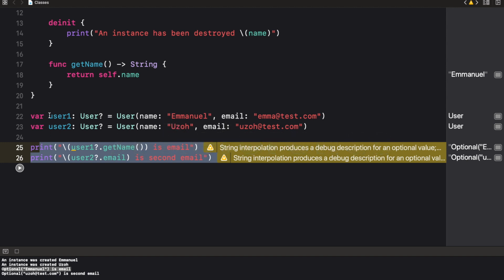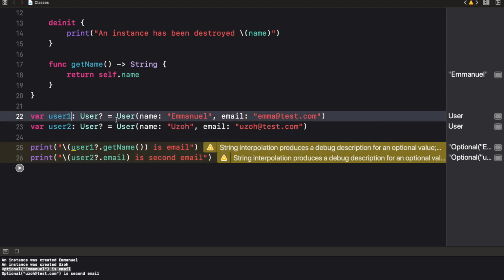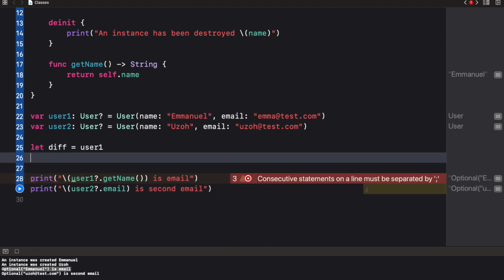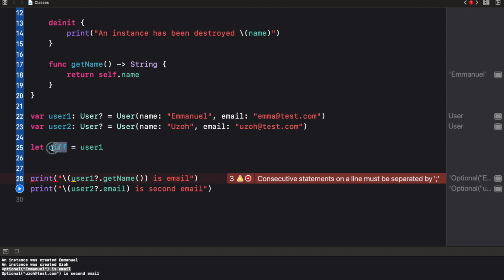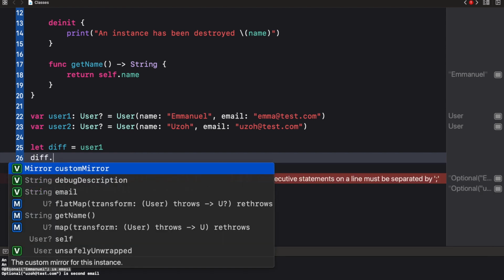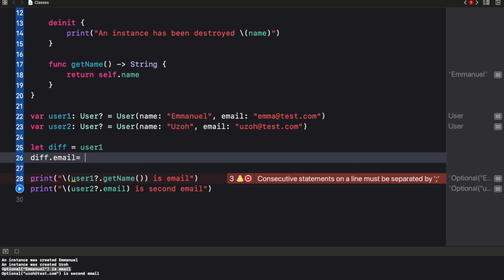So now that we have a variable that's an instance of this class, if I assign user1 to a different variable, let's say diff equals user1, whenever I make changes to this variable, it actually affects the original. So here, let's say diff.email, since that's what we have access to, and we're going to say changed@test.com. Okay, and now